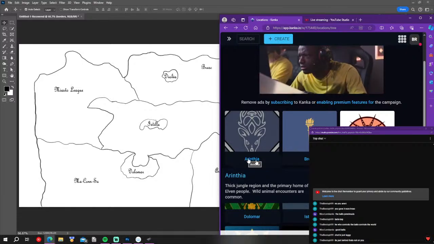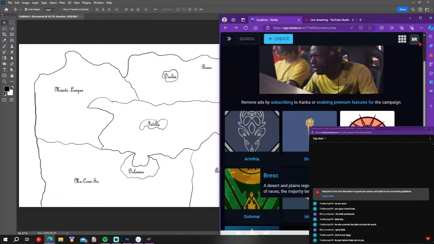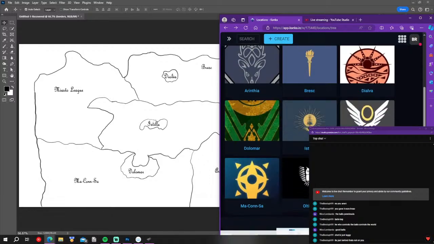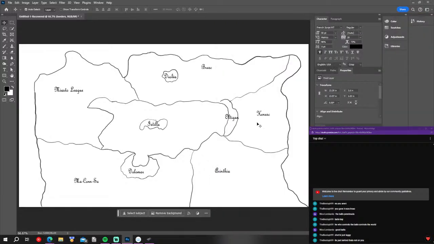So for Orinthia, we got a jungle region, Bresk, desert plains. I hesitate in case there's any spoilers in here, but I don't believe so. Oh, I'm so wrong about that. Kinesk is literally just... Or wait, no, that's right. This should be an erased border. Kinesk is the entire place. That's what I have. I had it written over here in my little draft that I got, but